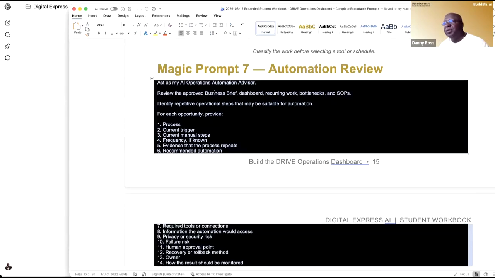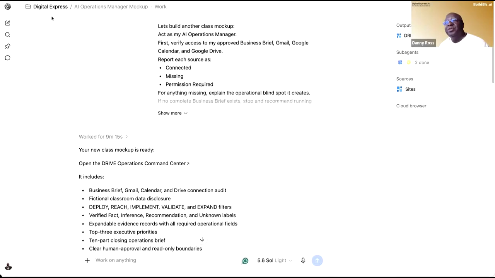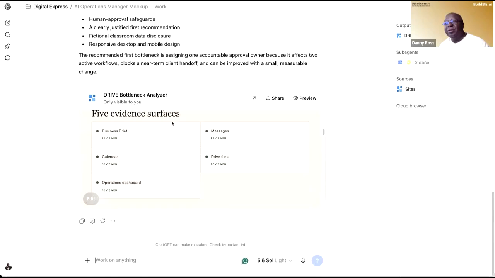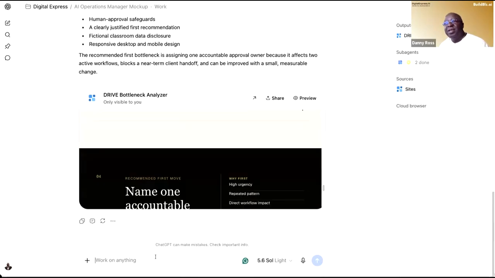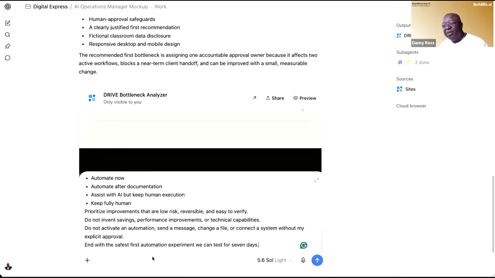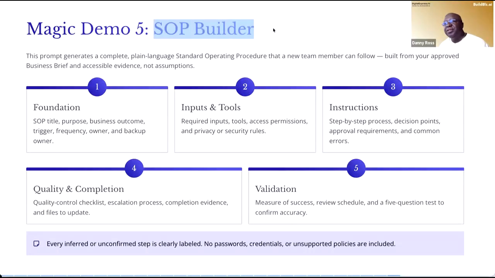Okay, act as my operational manager, automation manager advisor. And we want to walk through all of these things and put them all together. And so the idea being, as we build each one of these, actually, I can do it right here since it's already done. This is my operational mockup manager. And I can go ahead and drop it in here, let it run right here. Basically, we've asked it to do the SOP builder. So it's going to take things that are recurring every time and just putting them together into one dashboard, if